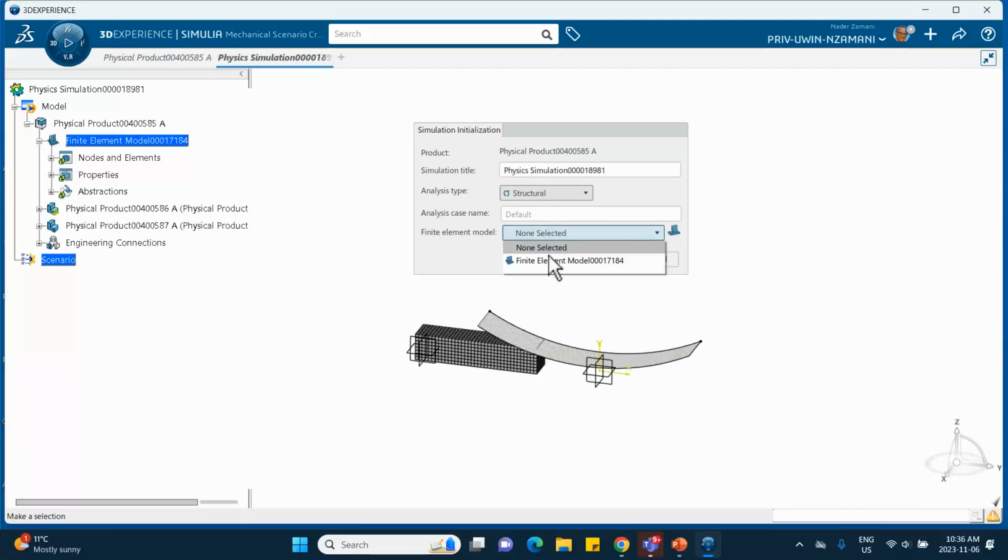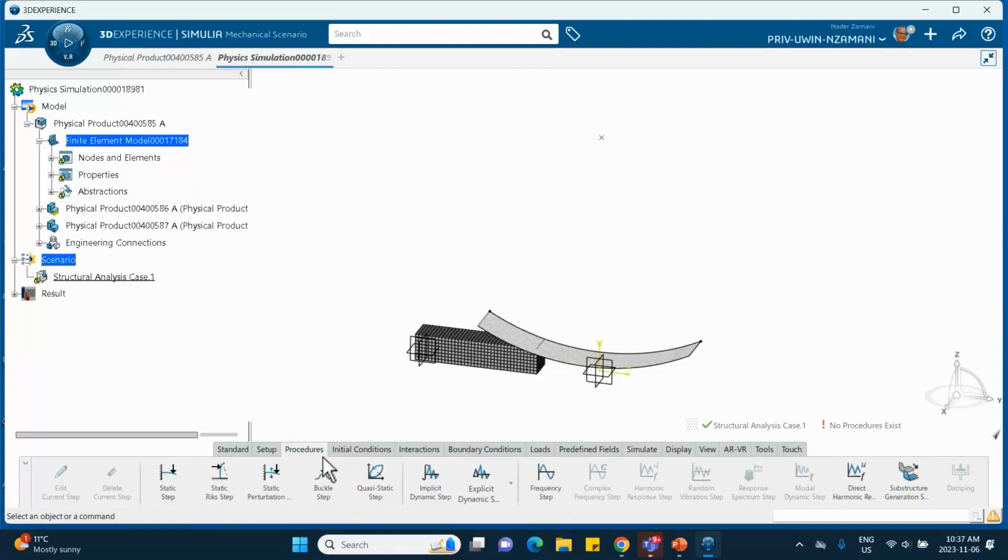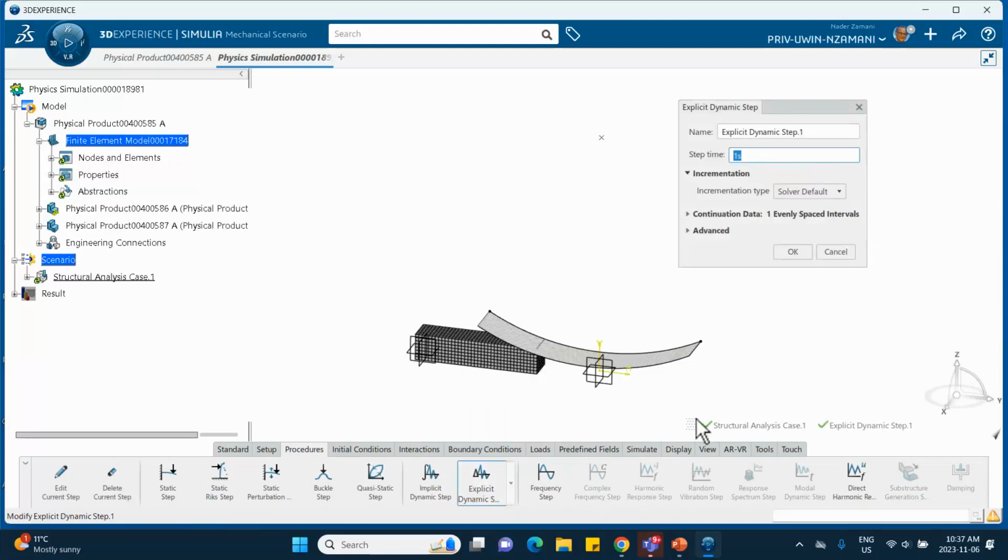Use the pull down menu, select the right one. There's only one here, of course. It says there's no procedure, of course. So you go to procedures, you select explicit dynamics here, procedures tab, explicit dynamics, total duration of